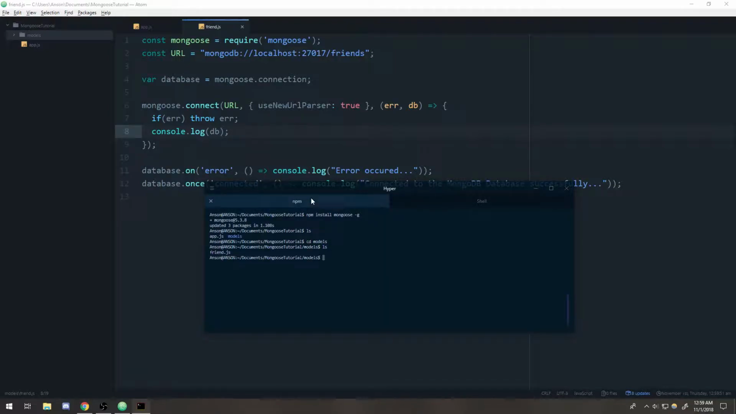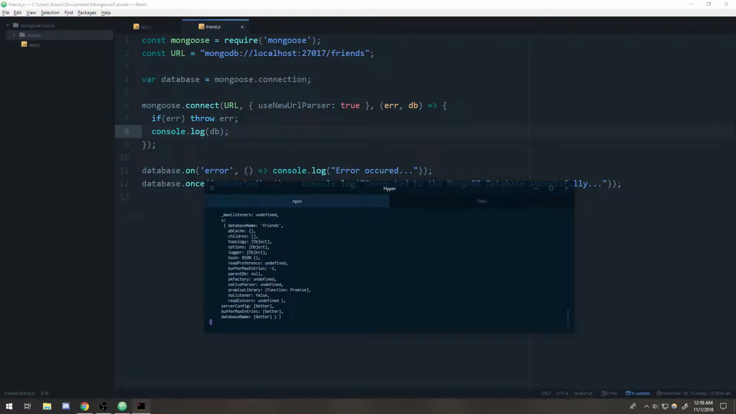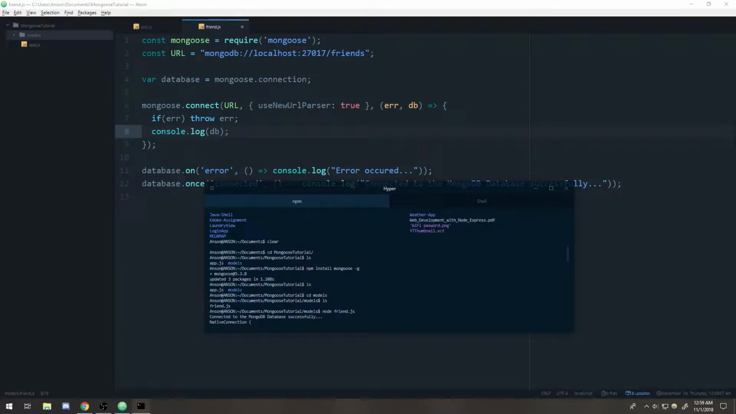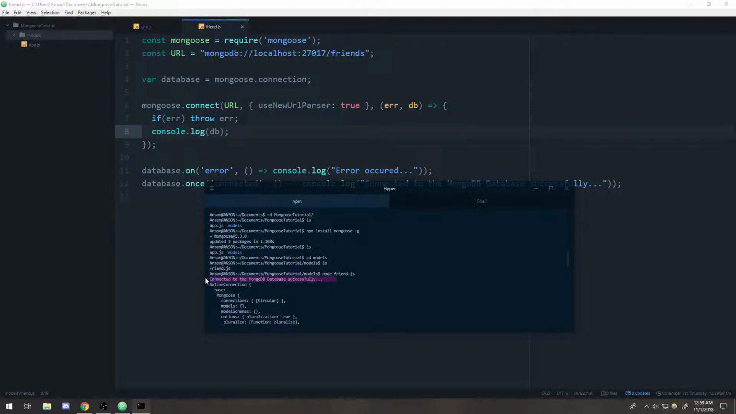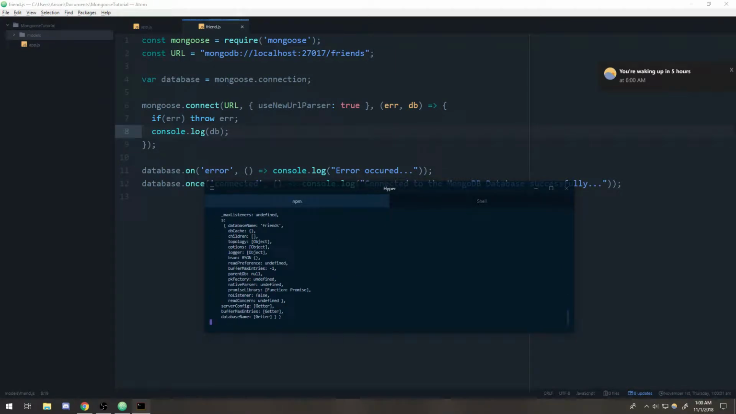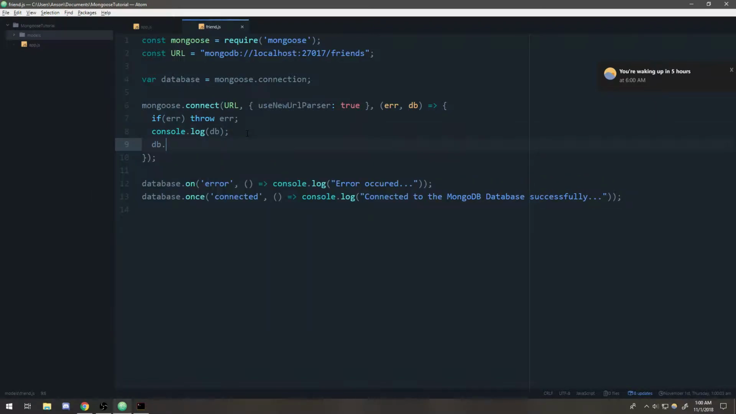So let me cd into models. I'm going to say node friend.js. And yeah, there we go. We've successfully connected to the database, and we printed out the database. So I'm just going to go ahead and say db.close just to close that connection to the database. Okay, so again, the reason why I'm doing all of this connection for MongoDB inside the friend model